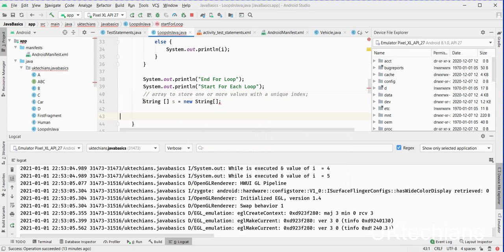It shows an error over here: array initializer expected. So to store one or more values, we have to define over here how many values we have to store in this array, right? We have to store about 5 values, and the 5 values will be with different and unique indexes. So let me say at index 0 the value will be equal to